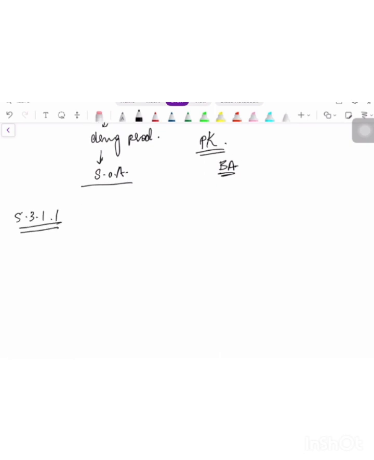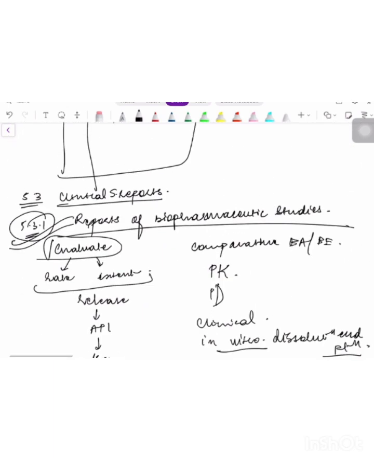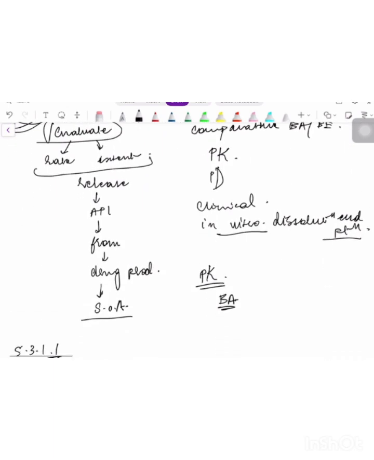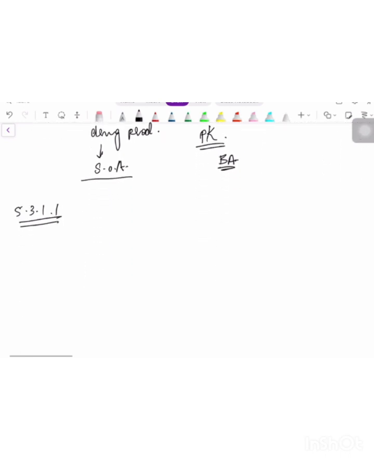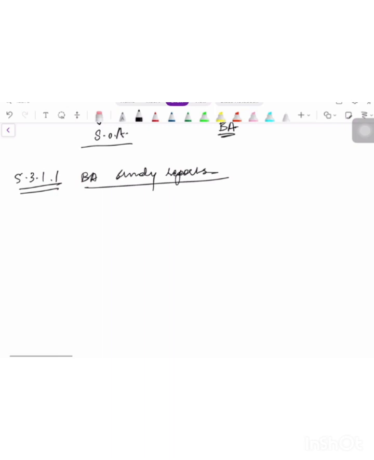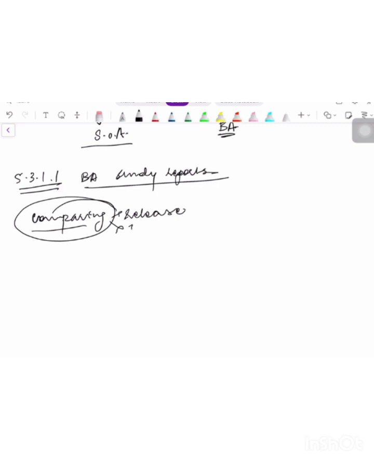तो अब ये क्या थे? 5.3.1.1, please recall, these were about, हम किसकी बात कर रहे हैं? बायोफार्मास्यूटिक स्टडीज. तो यहाँ पे क्या आएगी? रिपोर्ट्स ऑफ बायोअवेलेबिलिटी स्टडी रिपोर्ट्स. Simple BA study reports, if you recall it. BA studies in this section should include any study that is comparing the release and systemic availability of a drug substance from a solid